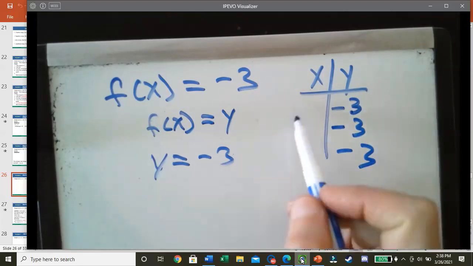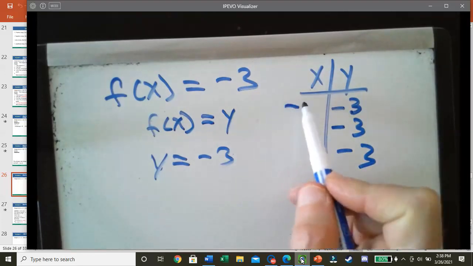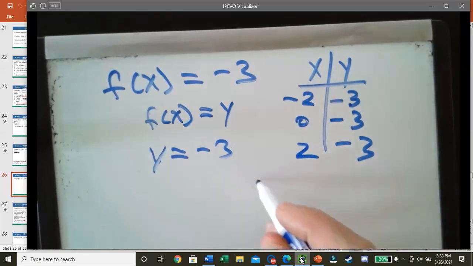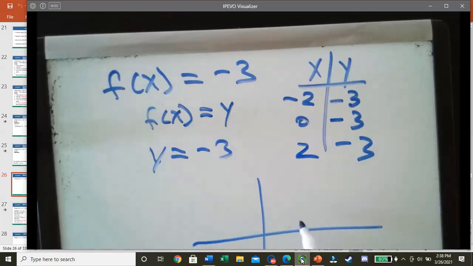You could put anything for x: -2, I always like to use 0, and let's say 2. So if you graph it, use green this time: (-2, -3). Plot that point. (0, -3),